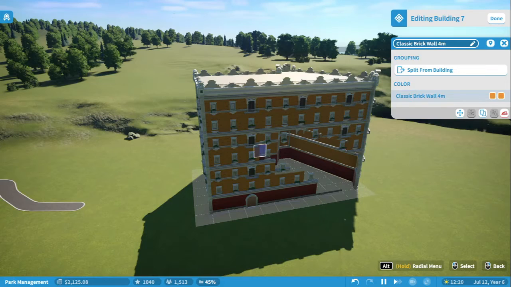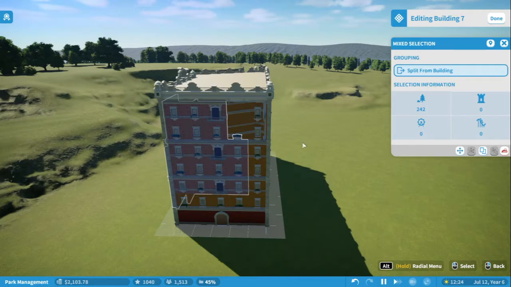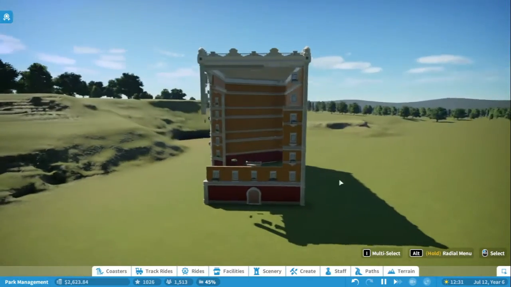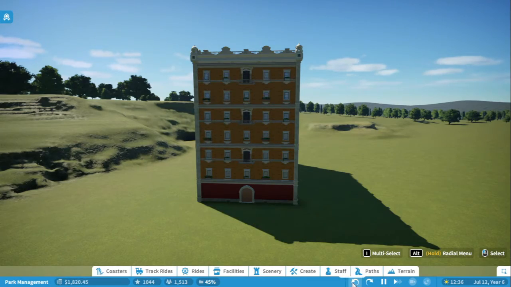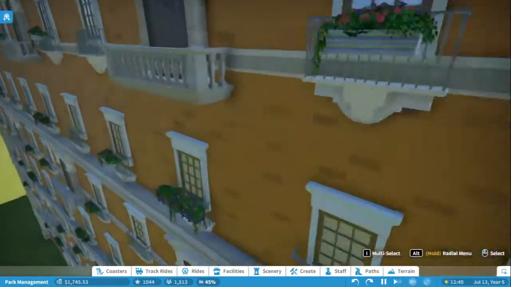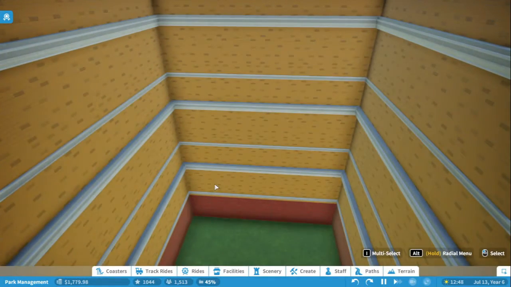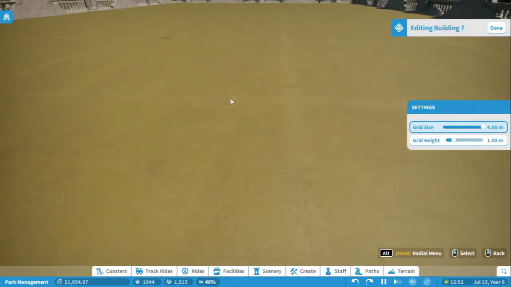Oh, I see how I can do this now. I just have to be on the multi-select option, and it will allow me to split that from the building and then subsequently delete it. Although it's sort of destroying part of the building, which I think is annoying. So let's go back to before we deleted it. So now what we're going to want to do to rectify this is we're going to have to go inside the building, and we are going to do it from the inside. So click on the building, then edit building, then